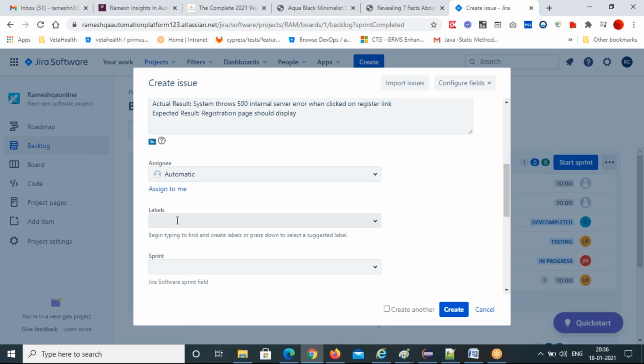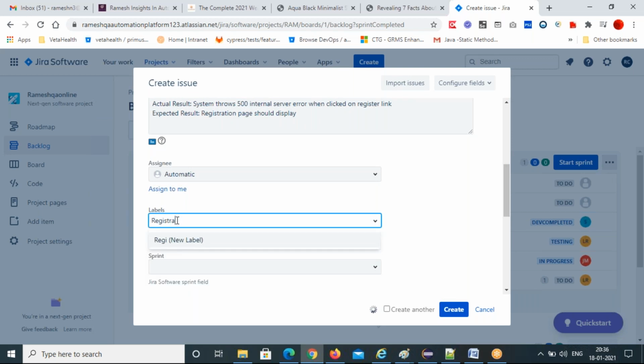That's assign. Labels. Which page is this? Registration page. Or some labels they will give. Or sprint 2. So they can say sprint 2 functional testing. You can give like this.